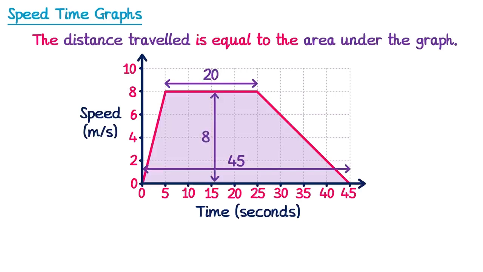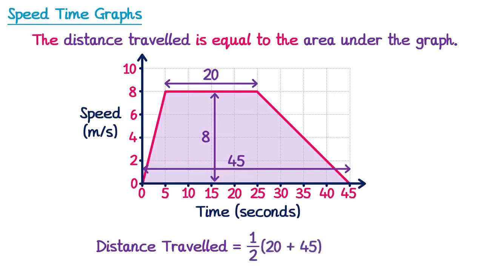We can then just use the formula to work out the area of the trapezium, which is equal to the total distance travelled. So we could say the distance travelled is equal to, and then we do the area of the trapezium formula. So 1/2 multiplied by the sum of the parallel sides, so 20 plus 45, and then multiplied by the height, which is